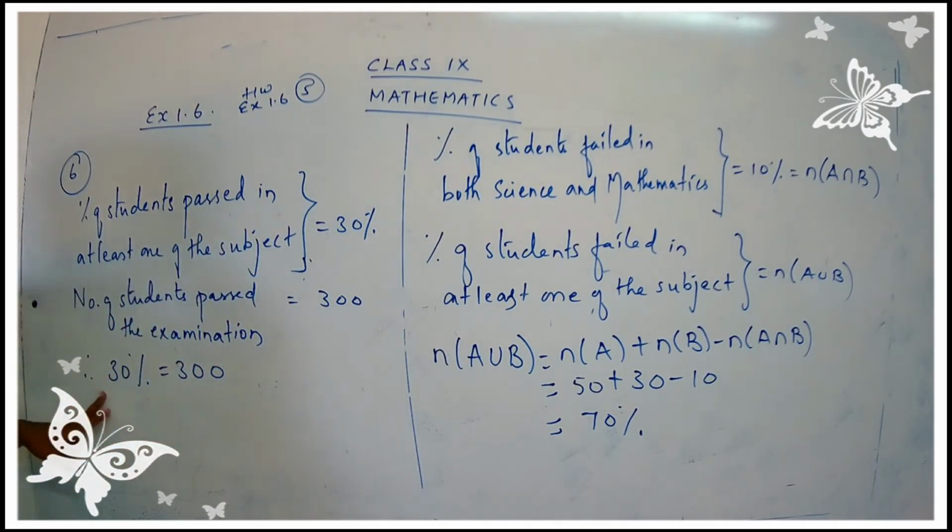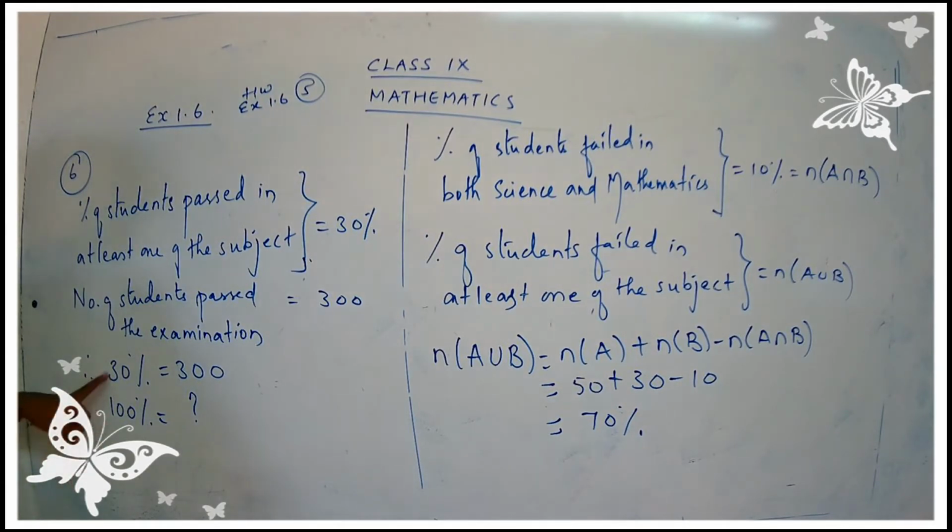Now this is in terms of 30%, and now what you are going to do is convert this in terms of 100%. Why are we using 100%? Because you have to find out the total number of students who appeared in the examination. So here we only know the detail about 30%. So totally we have to find out the detail for 100%. So write down here 100% is equal to question mark. I don't know the number of students when you talk for 100% who passed in the examination.